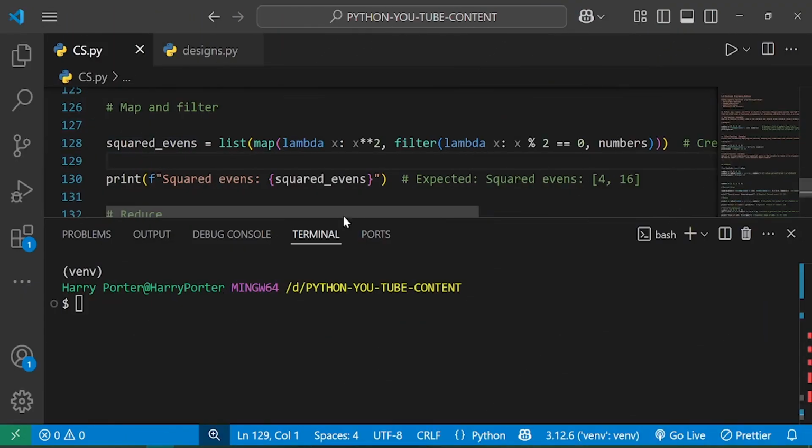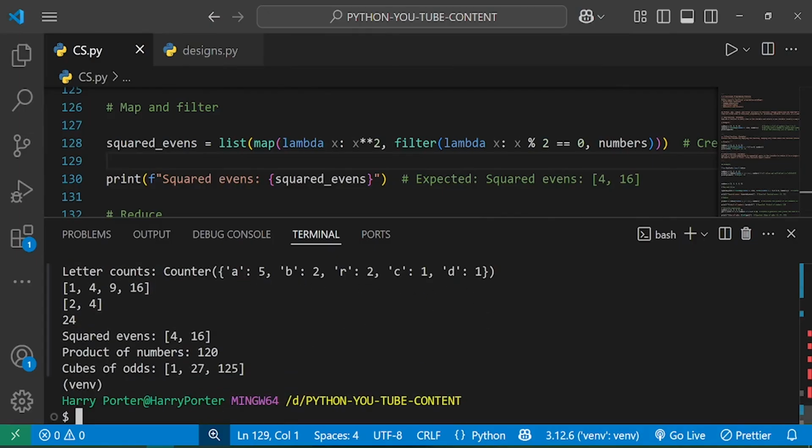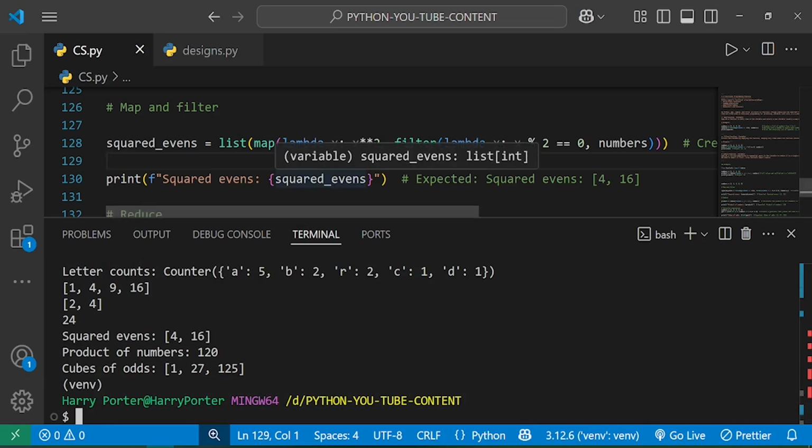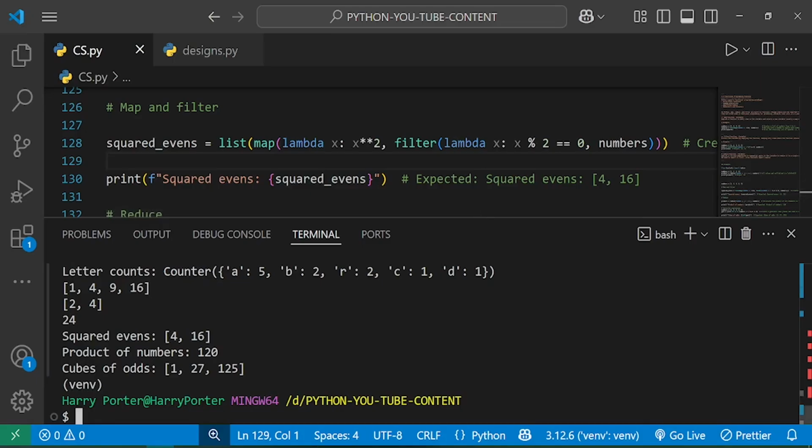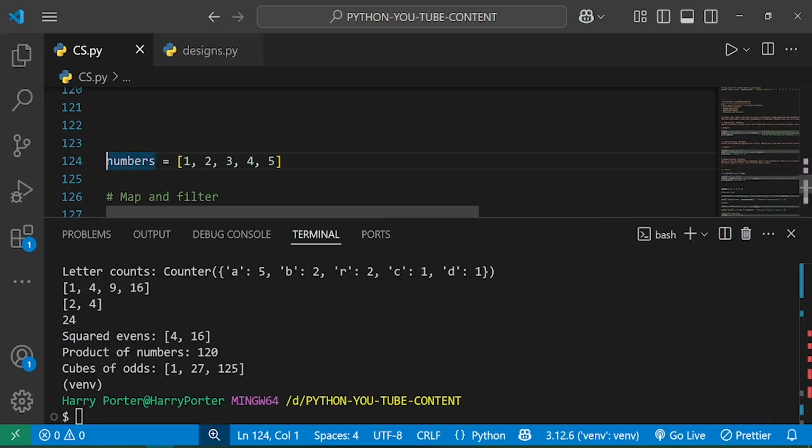So here in VS Code, if I run python ces.py, we get our values. First of all is the squared evens. Squared evens we get 4 and 16. So we have numbers here, only even ones. 2 squared is 4, and 4 squared is 16. And now